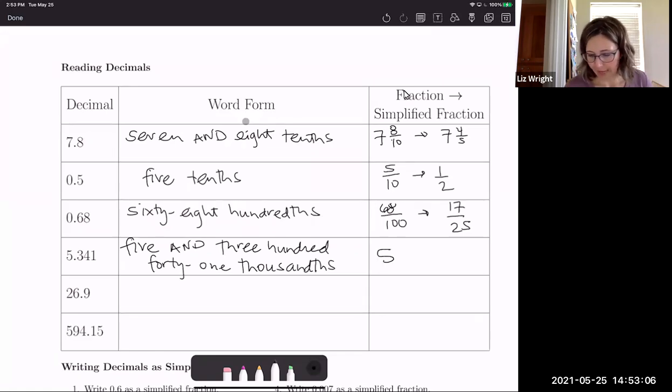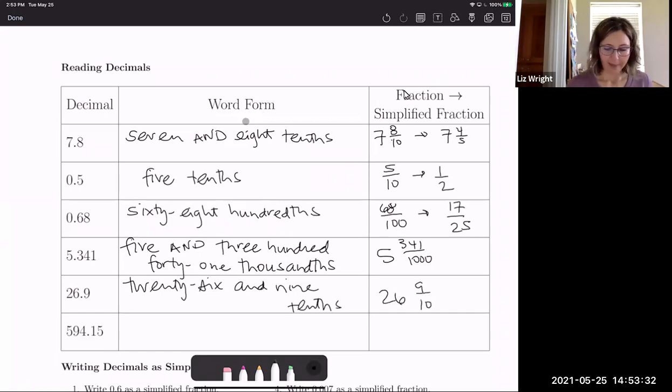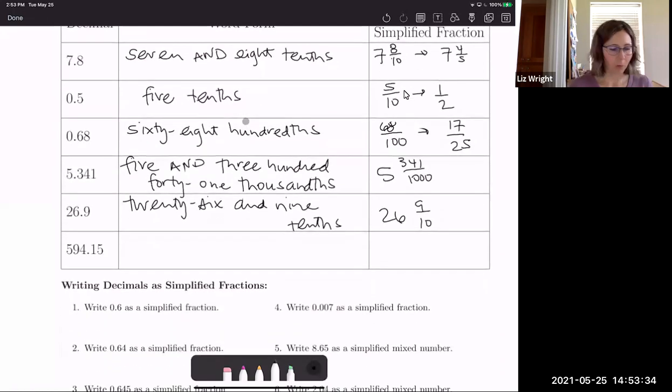So 5 and 341 thousandths, and that one does not reduce. Then our next one, we're going to have 26 and 9/10. So 26 and 9/10. And then our last one, kind of a longer one,